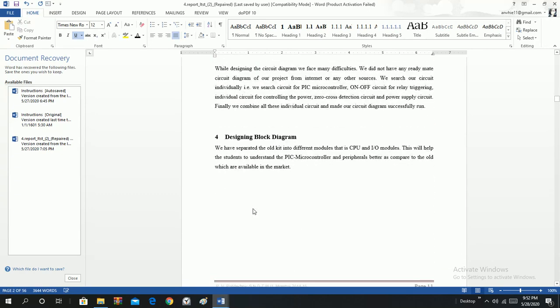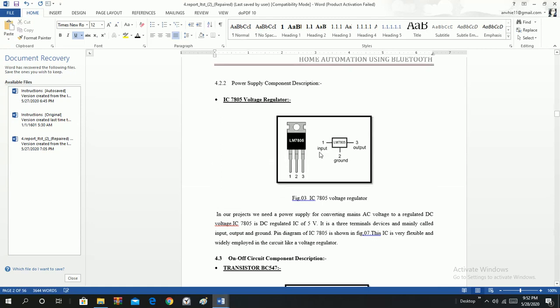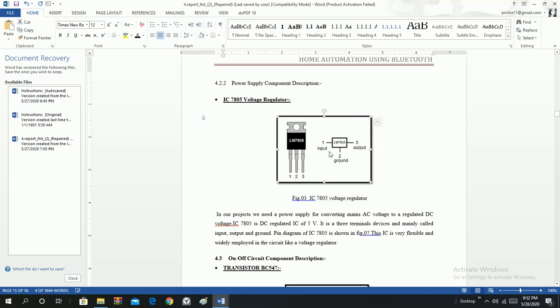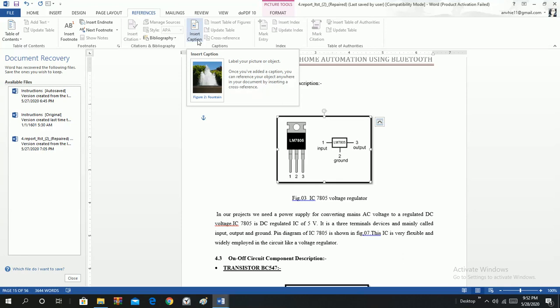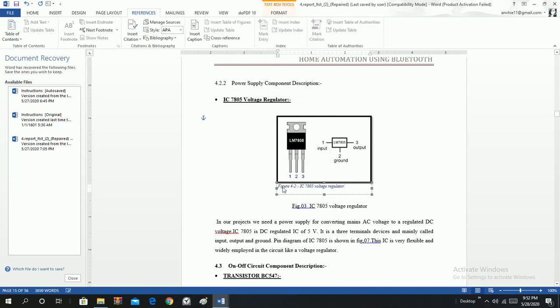So we did it. We have named 3 figures in this. We could have named the 4th figure as well, so let me try with that. This is the IC regulator. I copied it, we'll select it, go to References, then Insert Caption, and this will be the new caption.